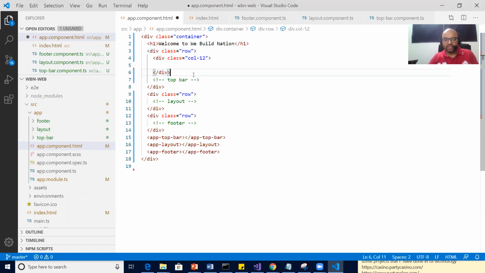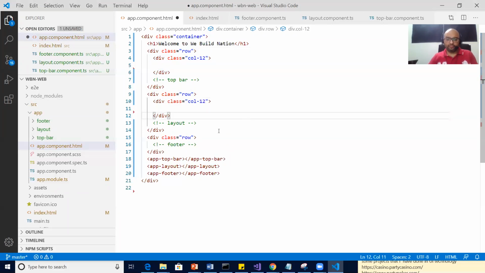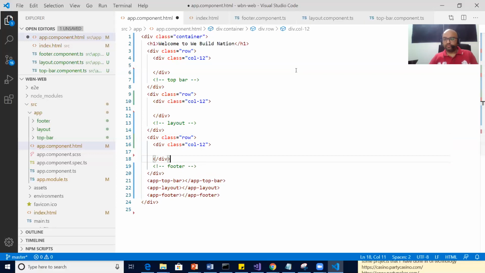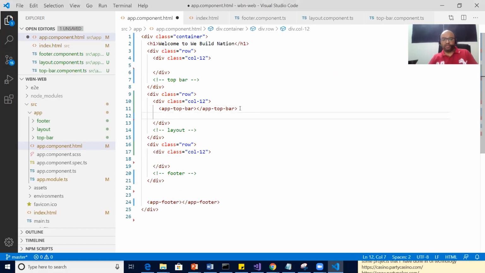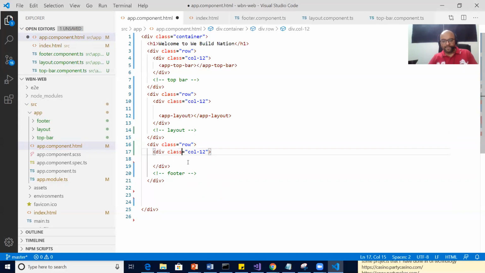So here, like this, I need a structure. So I'm just copy pasting this also. Now I'll move my top bar to top, layout to center, footer to the bottom. I did it the other way around at first.